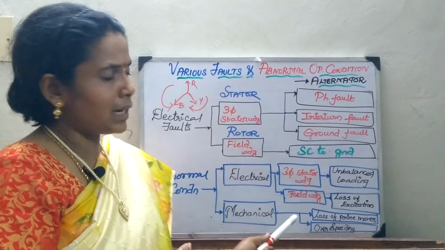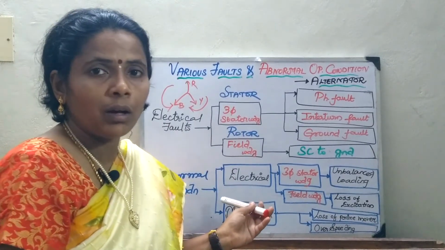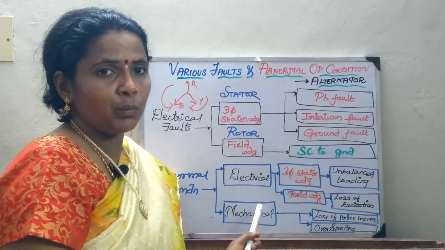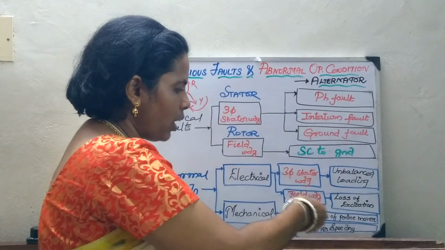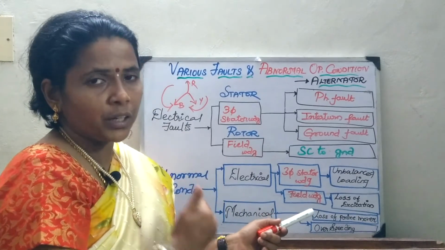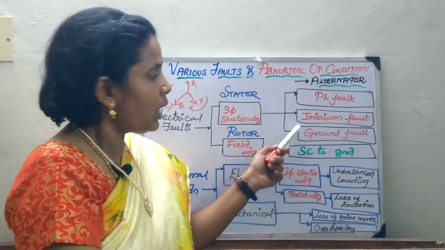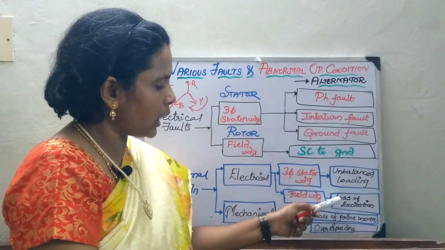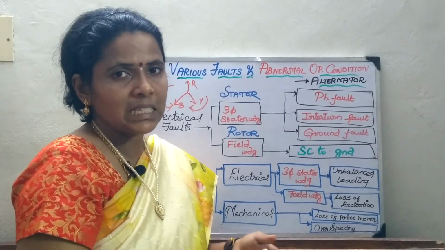Thus, in today's class, we have seen the electrical faults with respect to your stator and rotor, and of course the abnormal operating conditions, electrical and mechanical. In the next session, we will be seeing the different protective mechanisms. These are the faults that are going to occur. Now, for all these faults, how the alternator protection schemes are devised. Usually for phase faults, you will go in for a merz-price scheme, and for your interturn fault, you have a separate scheme. And then when you go for the rotor, for each and every topic, you have different types of protection schemes. That we will see in the next session one by one.